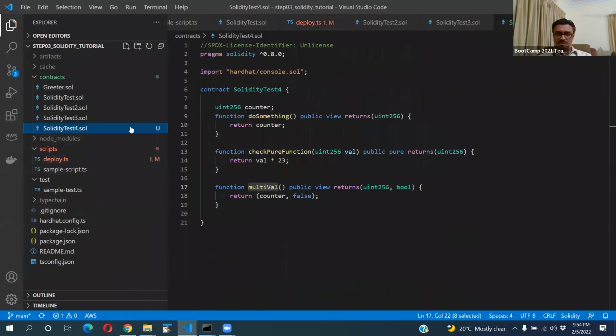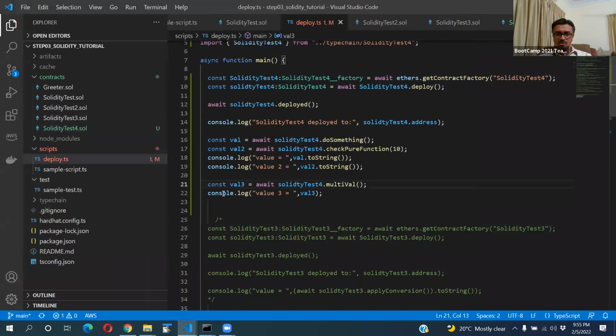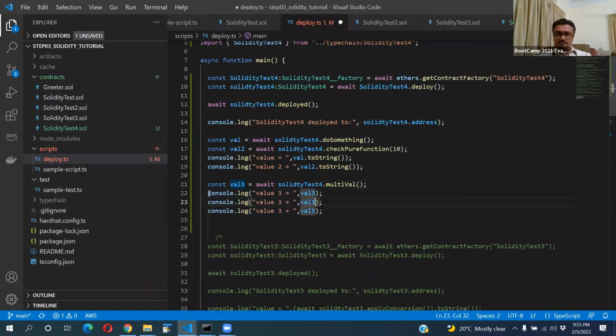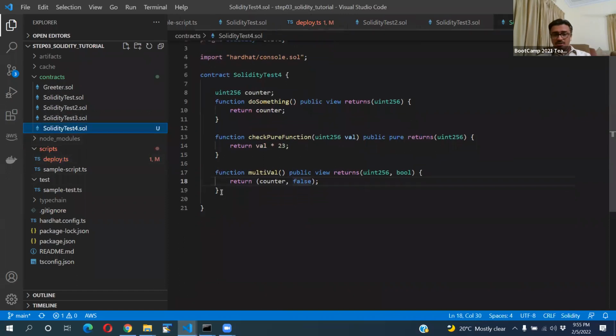So let's say we have written these two values. The first index is a counter value, the second index is a boolean. So what you can do is you can just go ahead and say 0 and 1. That's how you will be accessing multiple return values from your function. In Solidity, we have a functionality where you can return multiple values from a function. So that's one thing. Another important thing is